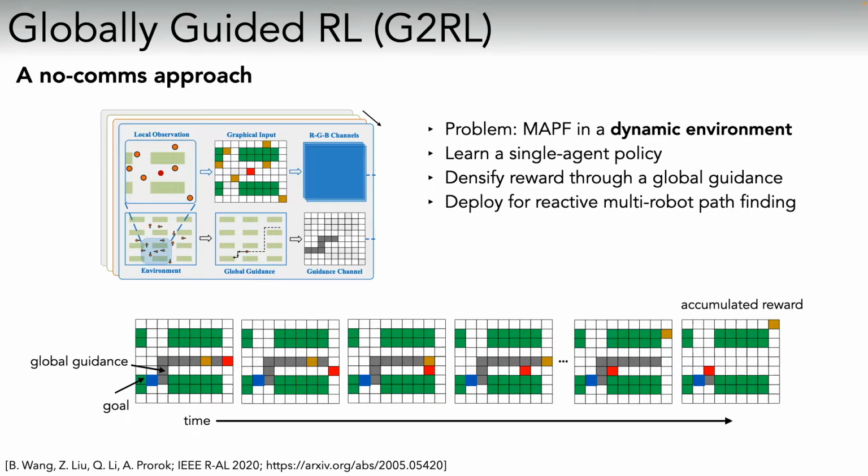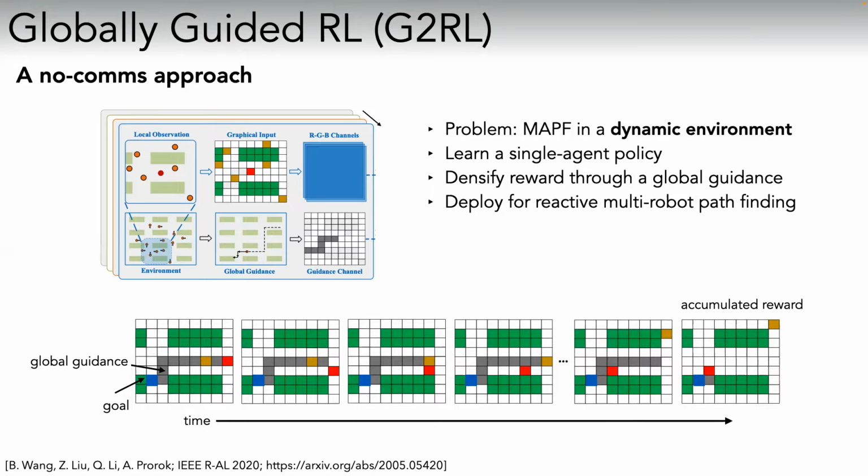So we're obviously dealing with a reward sparsity problem here, because typically you might say, well, we're only going to reward our agent when it reaches its goal at the very end. That is a very, very sparse reward, because you're going to give it, I don't know, a +1 or something when it has moved all the way through a very complicated warehouse and finally reaches its goal. And what are the chances that it actually gets there without you giving it a denser reward? Well, they're very low. So our reward is densified in the sense that we're going to be giving our agents during training time a global guidance signal.